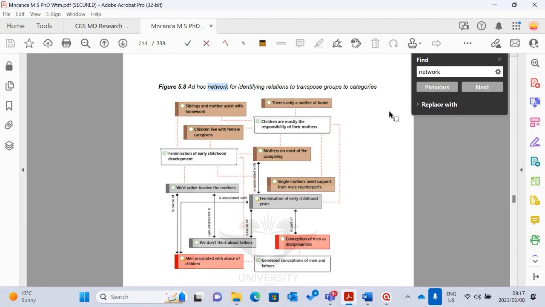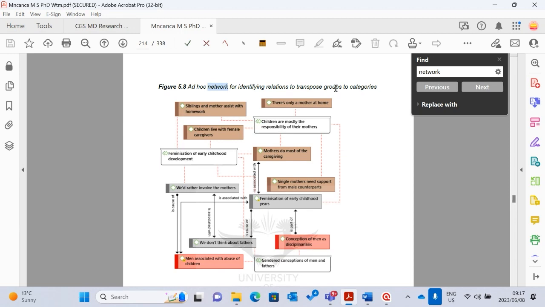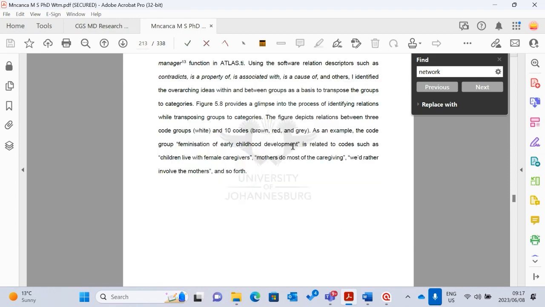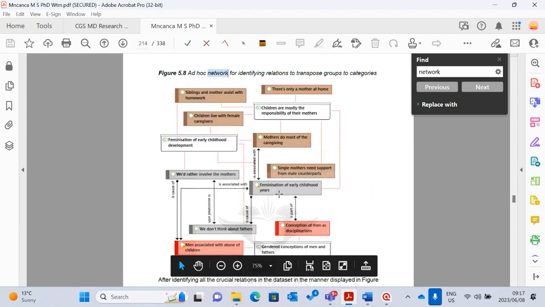Code groups, categories, and themes. That's the process. Now, in this ad hoc network, I'm trying to explain this transposition of groups to categories, moving from groups to categories. And then maybe later I will talk about moving from categories to themes. So what is important is you have to explain that, because the professor who's analyzing this thing won't understand what